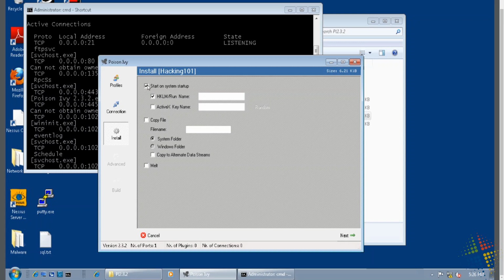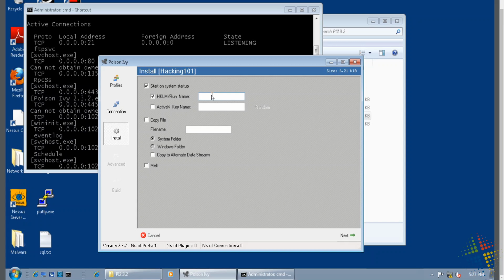If I don't select that, then what happens is when I infect the remote target, it will be working perfectly fine until that machine gets rebooted, and then I'll never have access to it. This right here allows me to persist and restart when the machine is rebooted. It does that by putting a registry key under the HKEY_LOCAL_MACHINE registry hive to automatically run